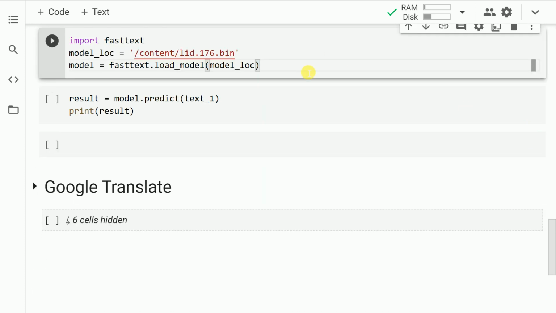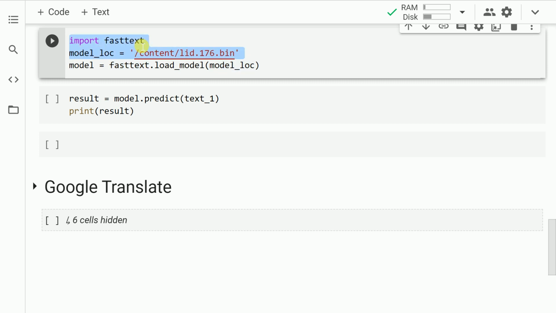Now we've reached a stage wherein I'll show you magic with respect to FastText. So the first thing that I'll do is I'll import FastText. Since the model has been downloaded in the root directory, I go forward and specify the path, which is this string that you see here, and I save it into a variable called model_lock.